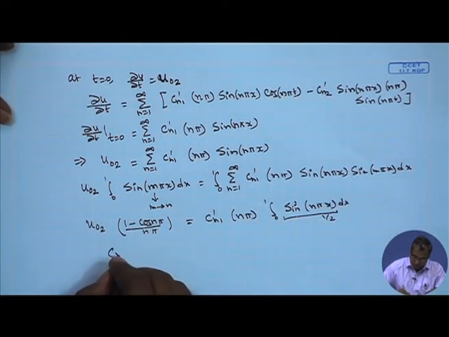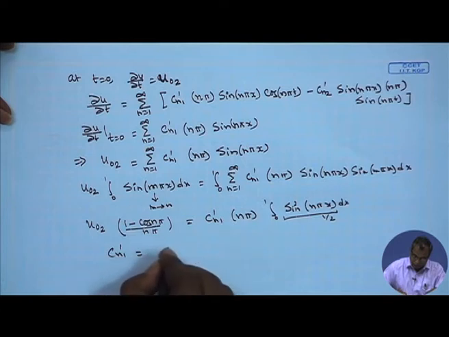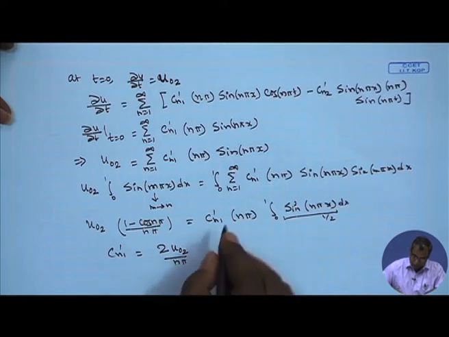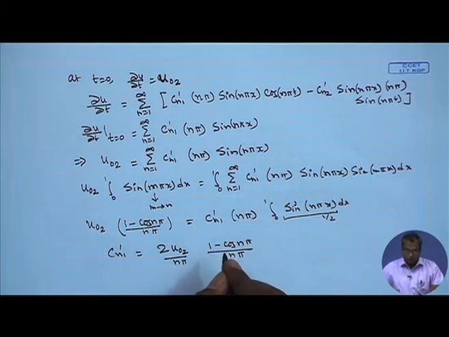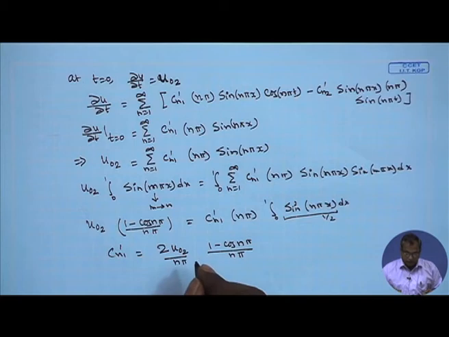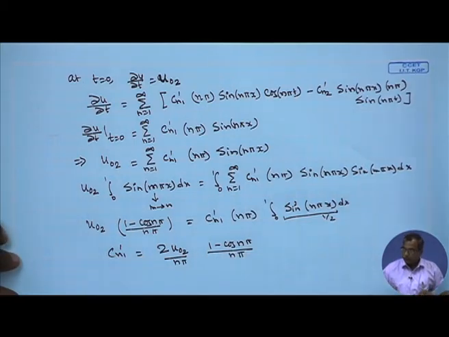So, Cn1 prime is nothing but 2 u02 by n pi times (1 minus cosine n pi) divided by n pi. So, now we will be able to get the complete solution. If you look into the complete solution, the complete solution will be